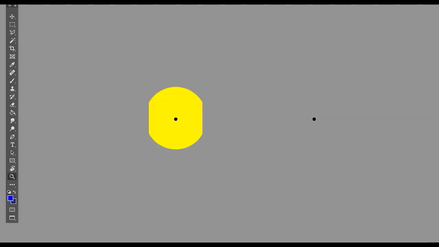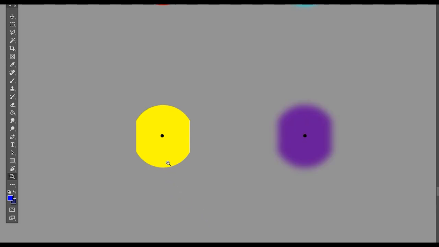Now let's repeat this example with yellow. Please pause the video and at least look at this yellow color for 1 minute. Again, if you look at this yellow color long enough, this purple color will pop up and then it gradually fades.